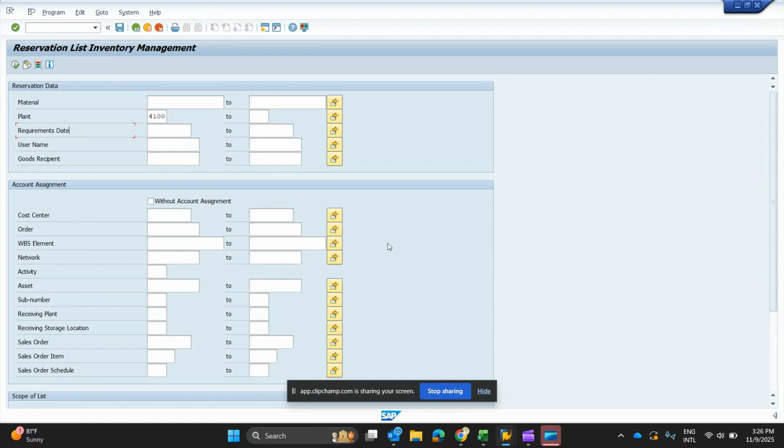We will be discussing a very useful transaction in the SAP Material Management module, that is MB25. In this transaction, you are able to see a list of open reservations in the system. This can be about finished goods, semi-finished goods, raw materials, or even spare parts. So we will see how you can execute this transaction and how you can retrieve useful data using this MB25